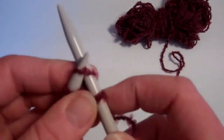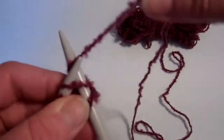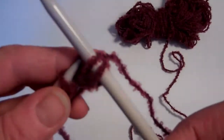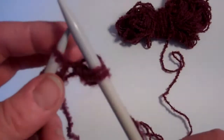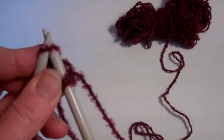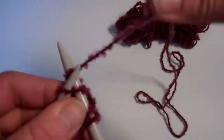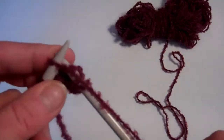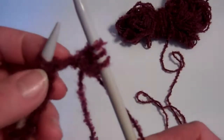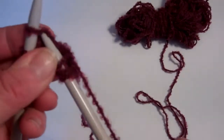Then you insert into the next stitch away from you, bring the yarn around the needle, bring that stitch underneath, take it off the left hand needle and onto the right hand needle. Insert into the next stitch away from you, bring the yarn underneath the needle, pull that stitch through, take it off the left hand needle onto the right hand needle. Next one,